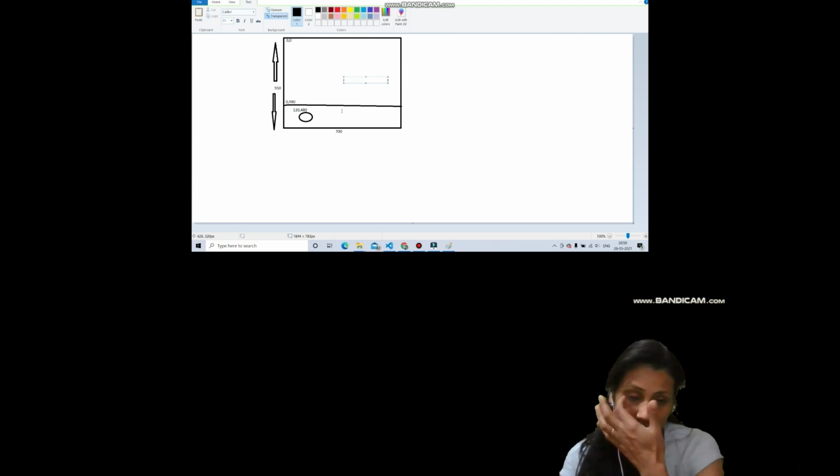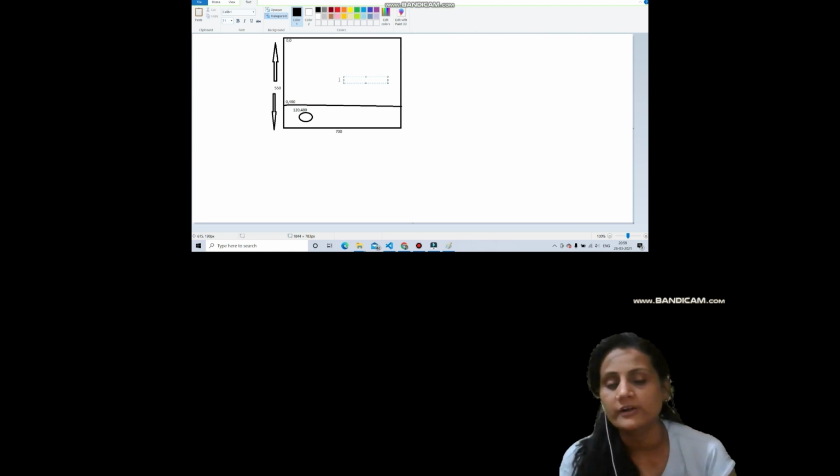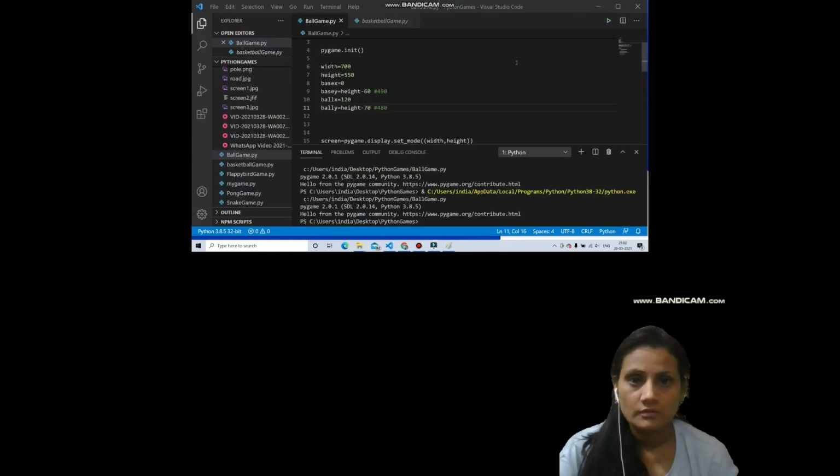So this way. Now to show this, suppose you want to place your ball over here at the center. What are you going to give? This is what we will decide, and I will show you practically how the coordinates are working. Let's try and understand the coordinates here.